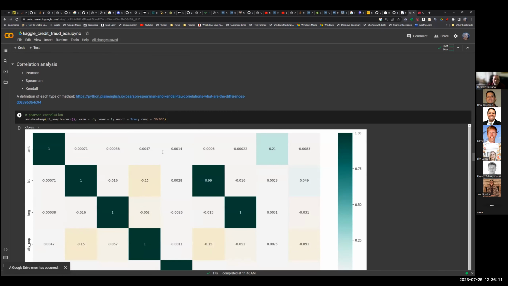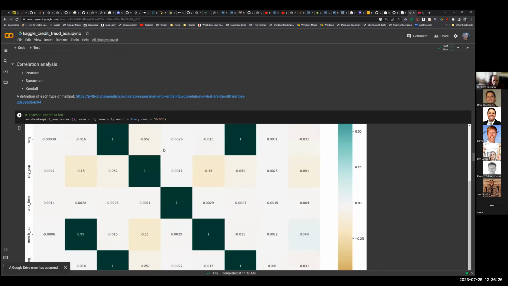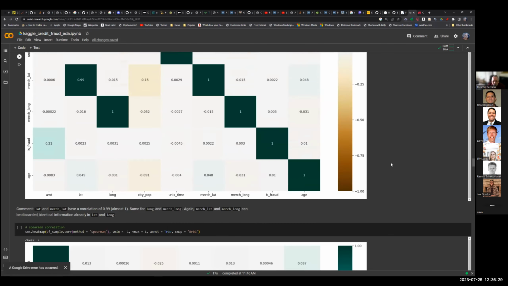We did the Pearson, we did the Spearman, we did the Kendall. The Pearson is the numerical correlation, and Spearman and Kendall are more ranking, by the order of the different variables. And one of the insights that we got from the correlation is that the latitude and longitude, that's the geo coordinates for when the transaction was created. Okay, so you have a special component within this data set that tells you the location when that transaction